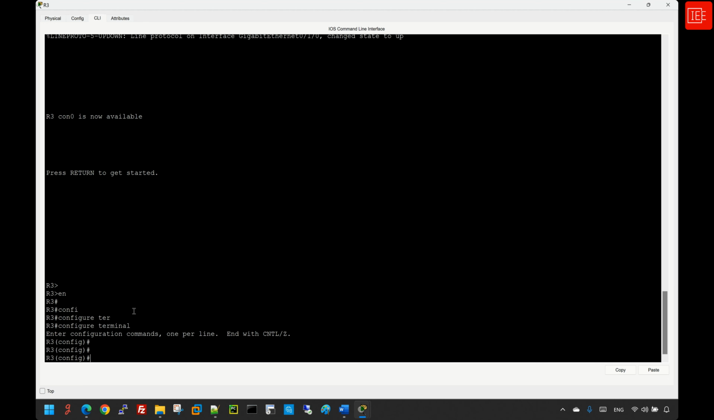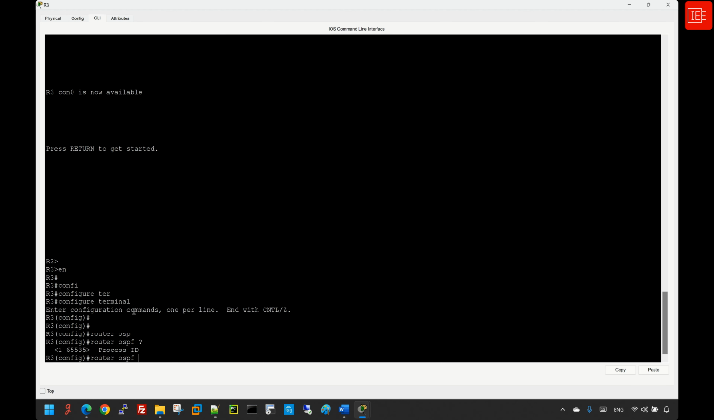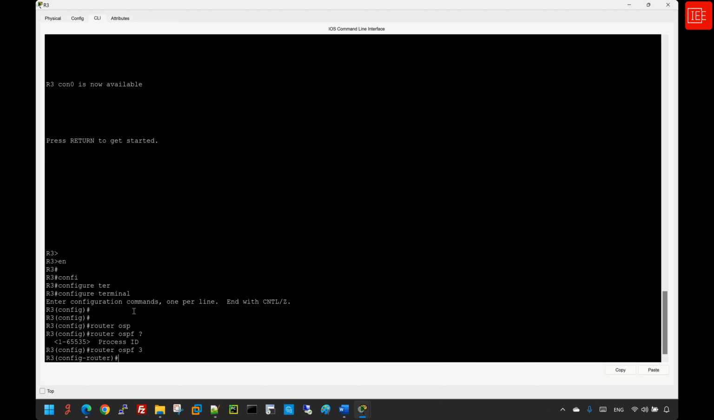And from there, what I'm going to do is create an OSPF ID of 3. So I would say router OSPF, and then if you press question mark, you can set any ID between 1 to 65,000 plus. So I would say 3. And then if we wait for a few seconds, nothing will happen because we haven't really enabled any interface to